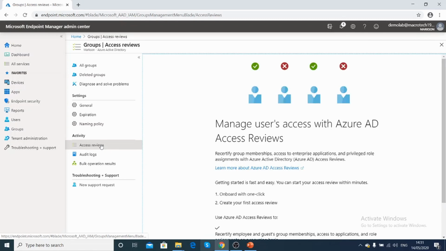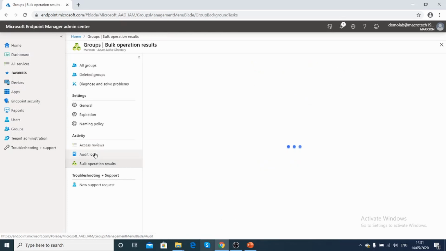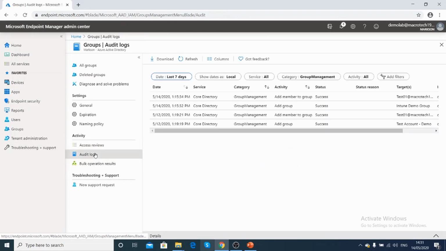This access review gives an auditing admin the ability to verify what kind of access has been given, and whether it is really required for this user and admin access. Those kinds of reviews can be performed from this tab. This access will be given to any auditing person who wants to review the particular privilege for a set of users from here. The same goes for bulk operation results and audit logs. Complete information about group activities will show up over here. So that's it about groups.